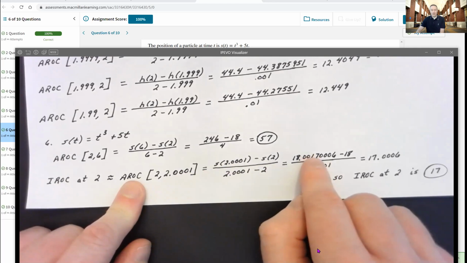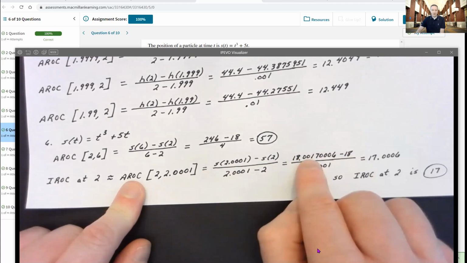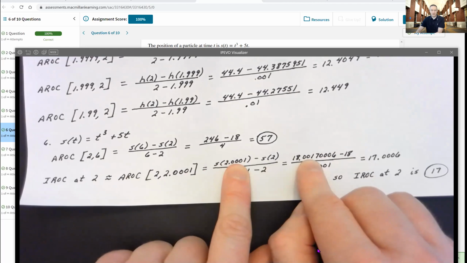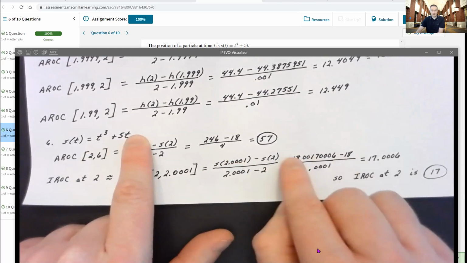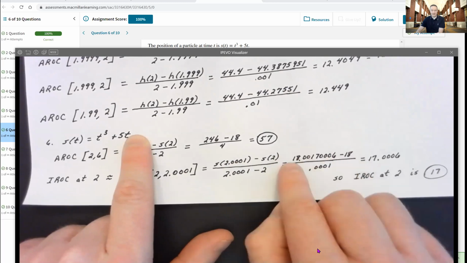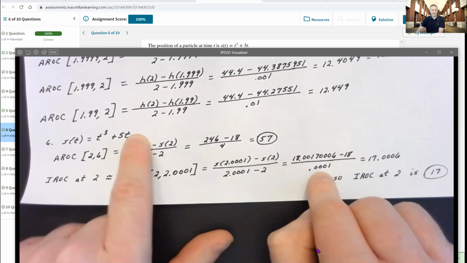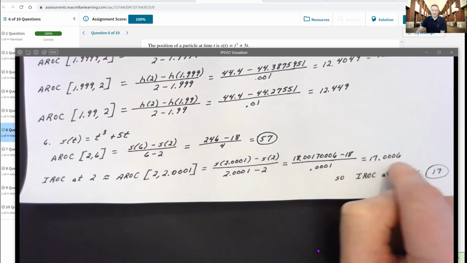Now, your numerator is going to be your ending position minus your beginning position. For your ending position, I just had to plug 2.0001 into this equation. This is what I got. I didn't want to make any rounding errors. I needed every single decimal there. When I subtract out my numerator and divide by 0.0001, I got